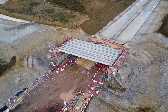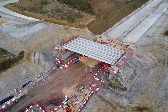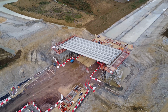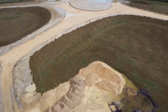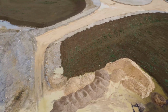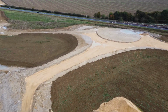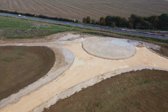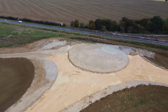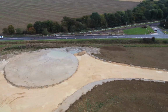It's a massive project, so it's going to be going quite a while. You can always see here there's going to be a new roundabout. Assume the 428 is going to be